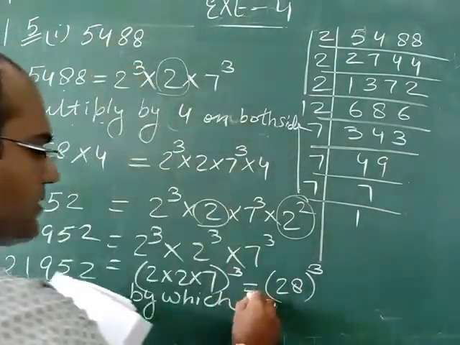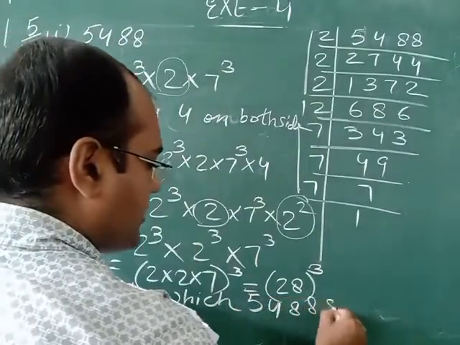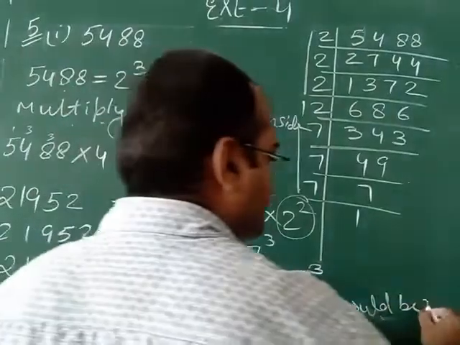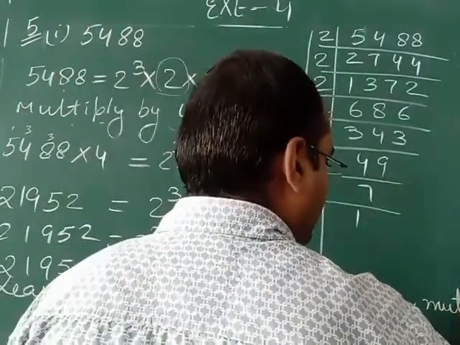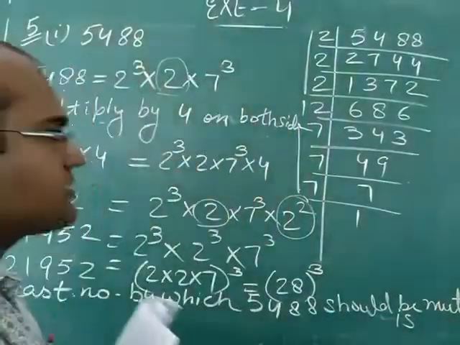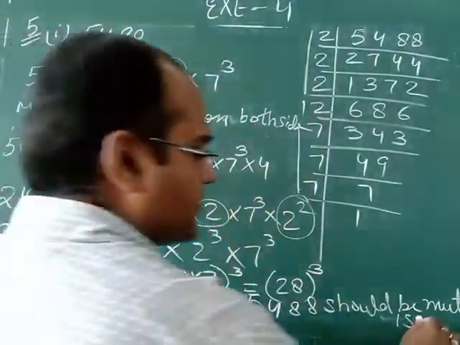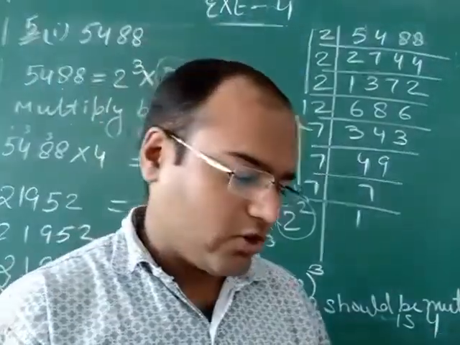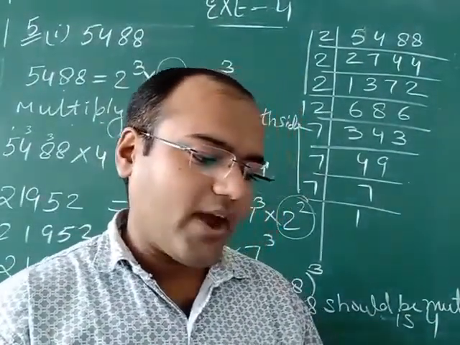This number 5488 should be multiplied is, कौन से नंबर से हमने मल्टीप्लाई करी थी, 4 से. तो आंसर है आपका 4. अब आगे क्वेश्चन में एक चीज़ और पूछी है, ऑल्सो फाइंड द